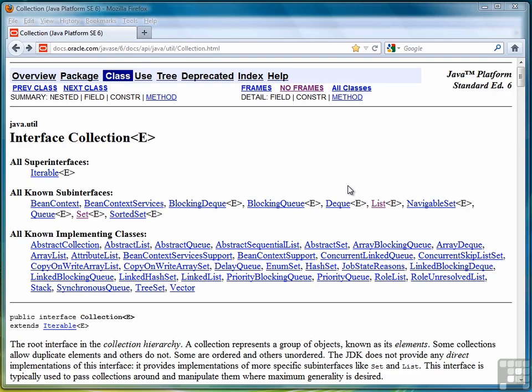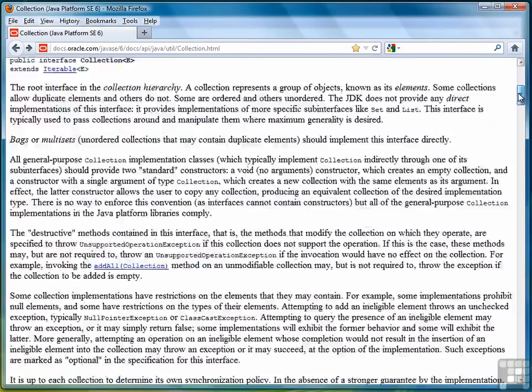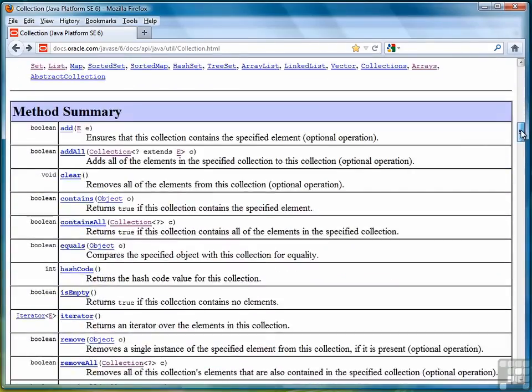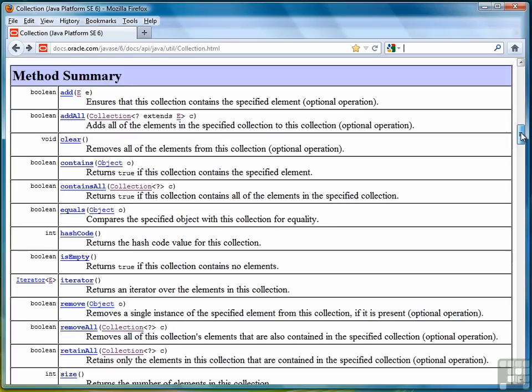be working with. The first of these is the collection interface, and it's actually the foundational interface for the sequential collections. What I want to do is just very briefly go over the different methods that are part of the collection interface, and we're not going to look at all of them. Here's a list in front of you, and you'll see that some of the things we can do with the collection is add items, clear the items from the collection, check to see if some other collection is equal to the current collection, check to see if the collection is empty, remove an object from the collection, remove all the objects from the collection,